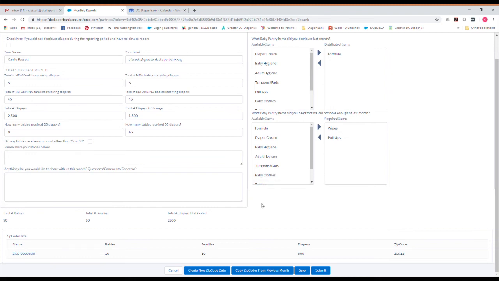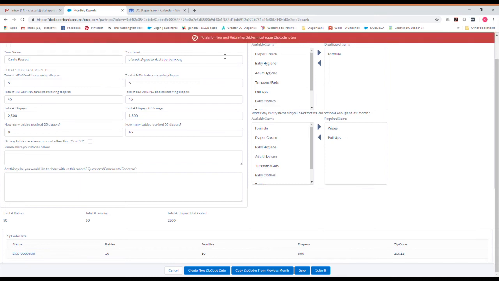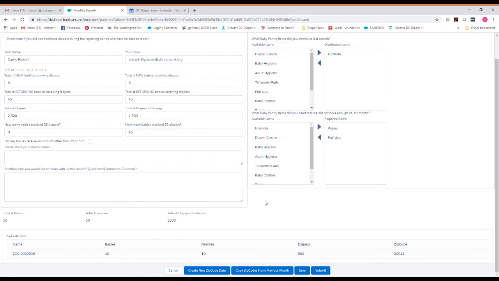But I know we're not done, and I do want to show you another feature here. If I were to try and submit this report right now, I'm going to get an error message that tells me that the total for new and returning babies must equal the zip code totals. What that means is that I did not put all of the zip code data in, and that the number of families being calculated, the number of babies being calculated, the number of diapers are not equaling these totals,